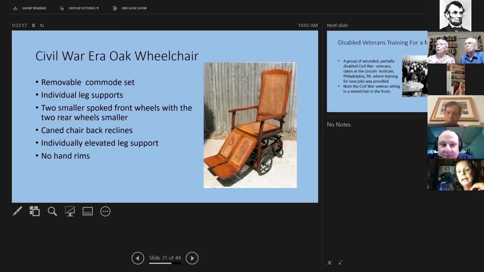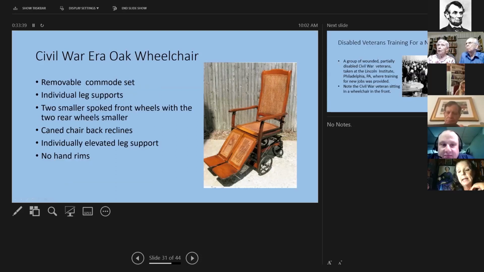And here's a Civil War era oak wheelchair. It has a removable commode set underneath. It has individual leg supports, and it has two smaller spoked front wheels with the two rear wheels smaller.